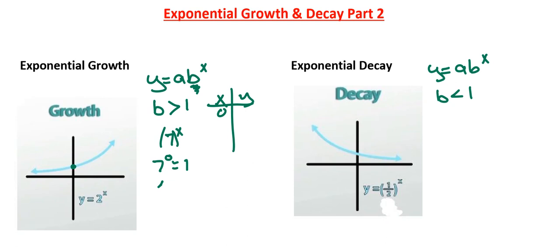But if we had something like 2 times 7 to the x, then it'd be 2 times 1, so it could change and wouldn't be 1. But for the most part, a lot of the graphs will pass through (0, 1), whether it's a decay situation or growth. But when it is growth,